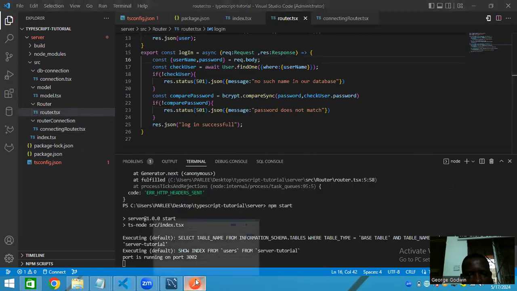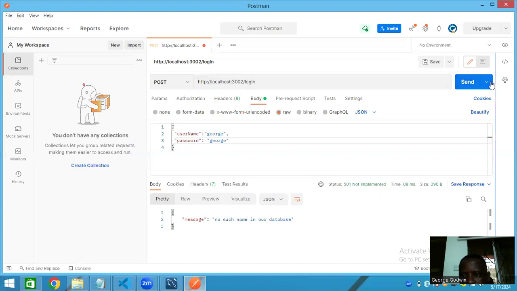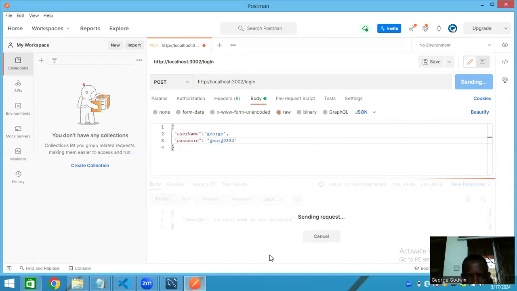Okay, so let me send again. Yes, it's saying login successful. Now it's working. So if, let's say, I put 22 here, it will tell me no such name in our database. That means it's working very okay. Let me put something else inside of our password to see. Then it will tell me,